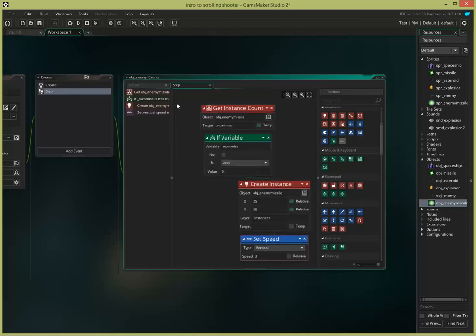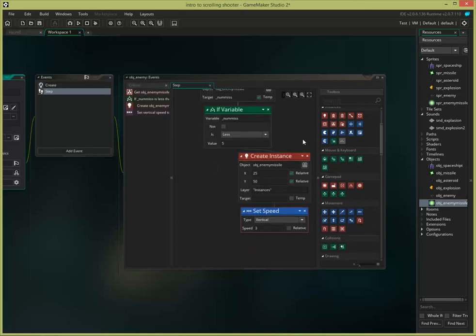Okay, what isn't happening though is when our enemy gets to the bottom of the screen, it isn't restarting. So how do we do that? Okay, that's when we need to add some more into our lines. So what we do here is we can add in